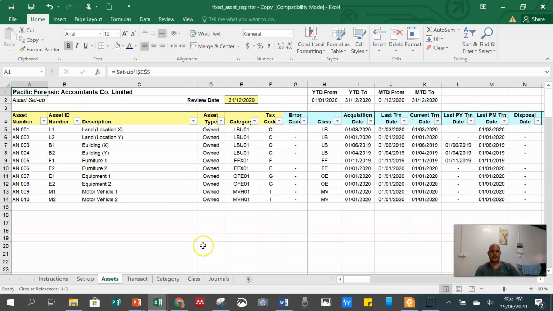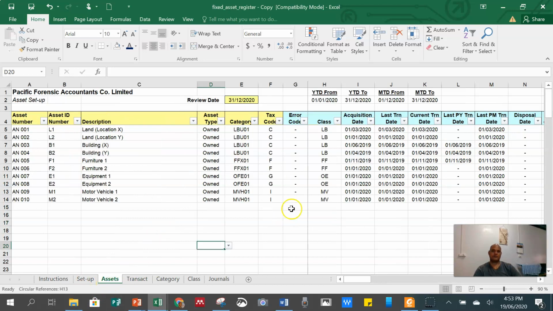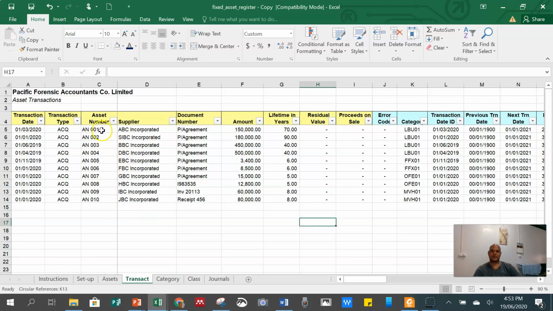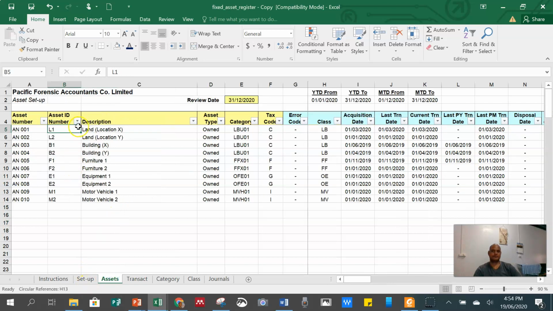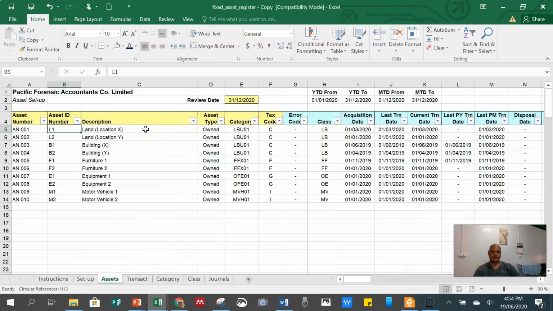Secondly, the asset. So the same information here, you have to also input into this place. So for example, asset number 1 has to correspond to asset number 1. Sorry, this is a bit inconsistent, but asset ID number 1 should at least have the same reference to A01, and this 150 should at least correspond to this one.